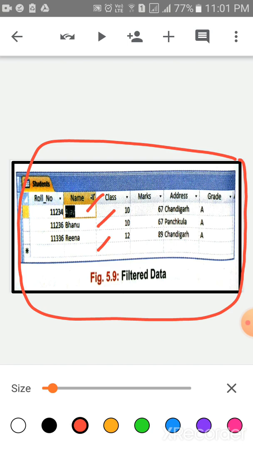Children, the filter icon will appear at the right of the column header. Click on the filter icon, it will show the filter criteria. Children, you can remove the filter by clicking on the toggle filter button in the sort and filter group on the home tab.